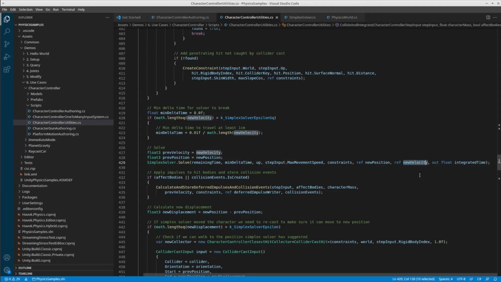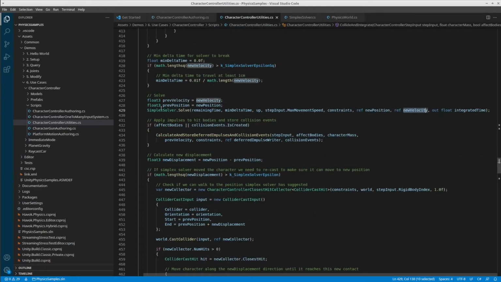Obviously, this is a hyper super cool character controller, so it is very complex. In my case, I'm not going to do these sorts of complicated things. But it's good to know that you can use this SimplexSolver Solve method in order to get a precise character movement velocity. And yet again, if we have to calculate with collision events,